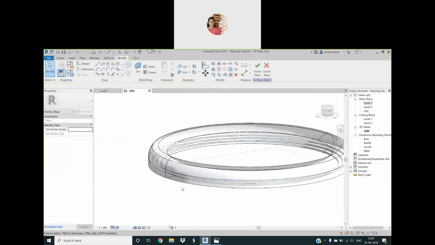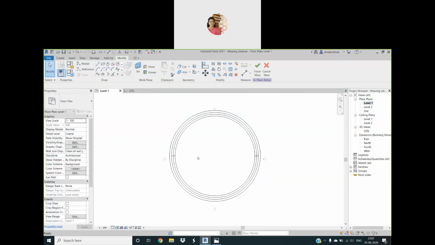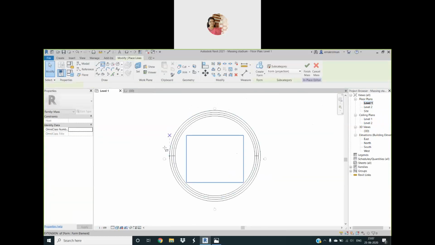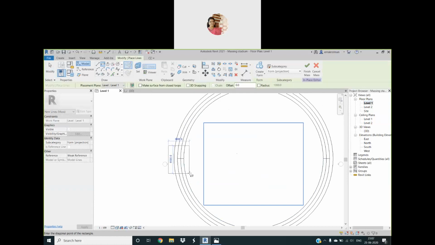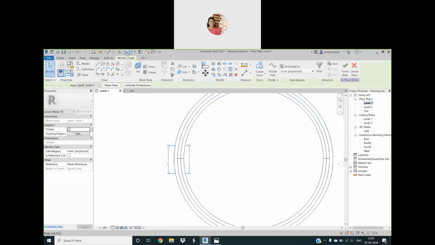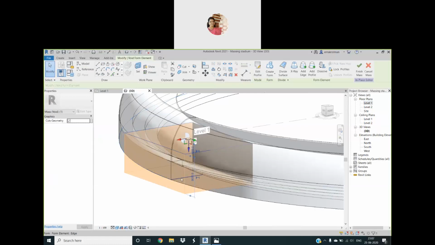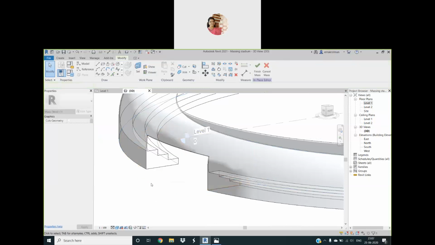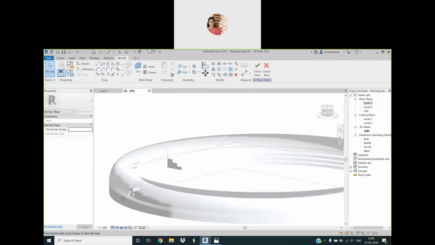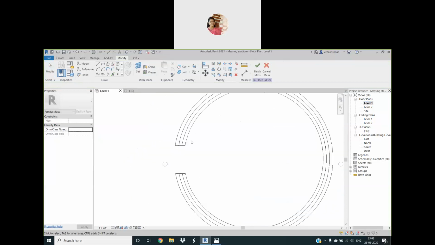That's done. Then let us create two voids for entry. Let's go for rectangle, and roughly I'm creating it. We can give the proper dimensions and all that. That's not a problem at all. Let me select this, create form, void form. Here it is, and we can control the height. It is 3 meter. Let it be 2.5, or you can edit this value also. So this will be fine, right? And on the other side also we need one.